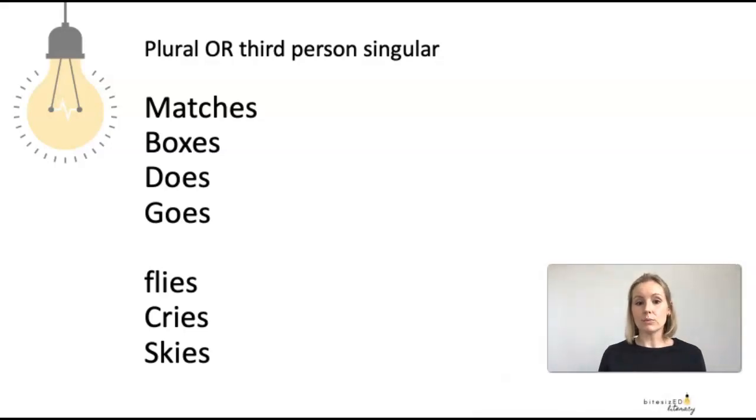So one of them is when we create a plural word. So we know that when we create a plural, the most common way is just to add the letter s in words like cats and dogs, for example. But another way to create a plural is with the es, and it's actually really simple to know when to do this. But the es also marks third person singular. So for example,